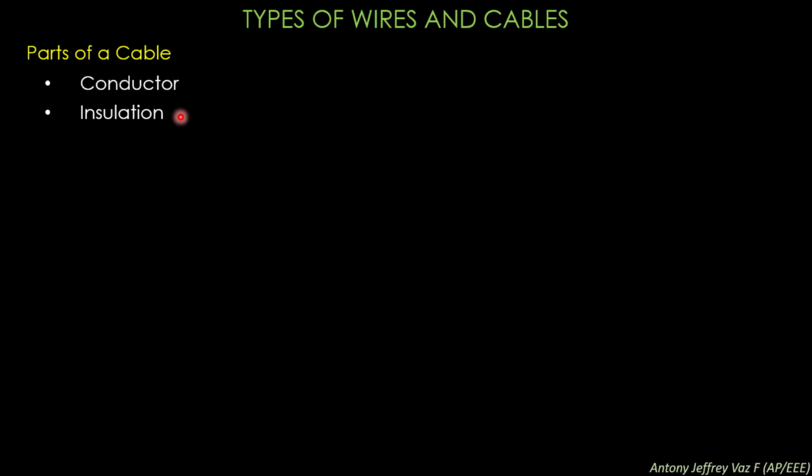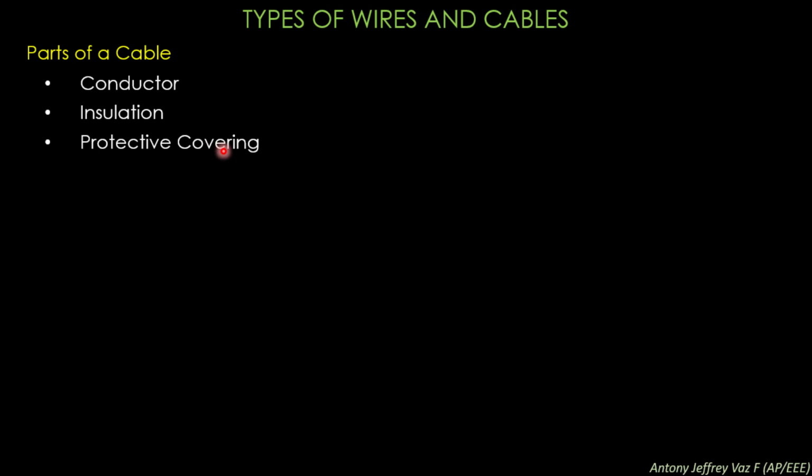The next one is the insulation. Here the insulation term represents the lack of conductivity between the two conductors. So if you are having two conductors, then the contact between the two conductors should be avoided. In that case, we will be using an insulating material such as paper, silk, wool, cotton, or any other materials which have the property of insulation, that will arrest the flow of electrons from one end to another end.